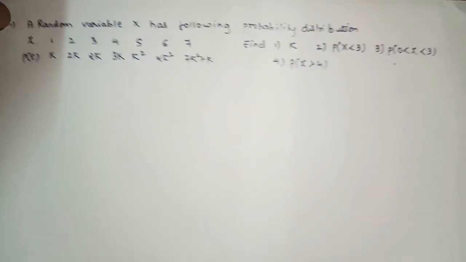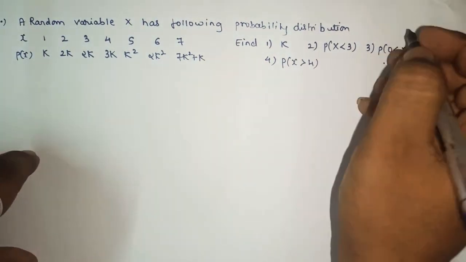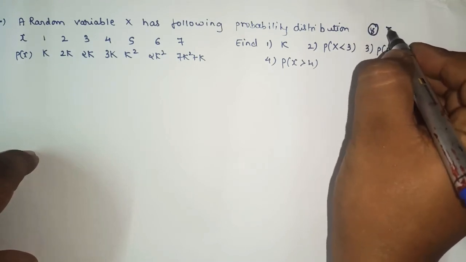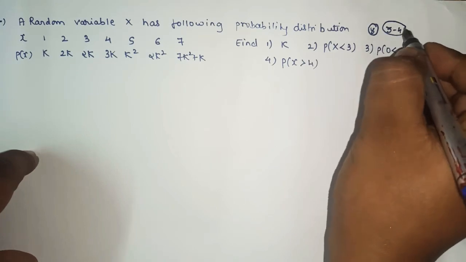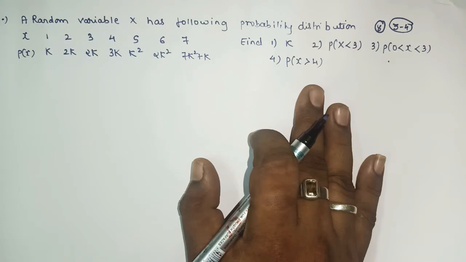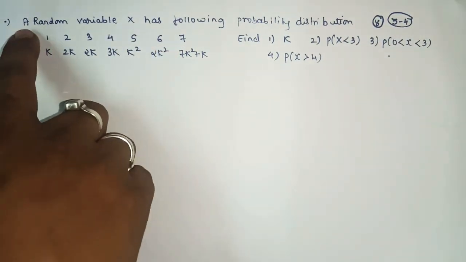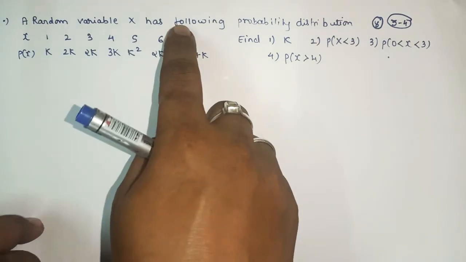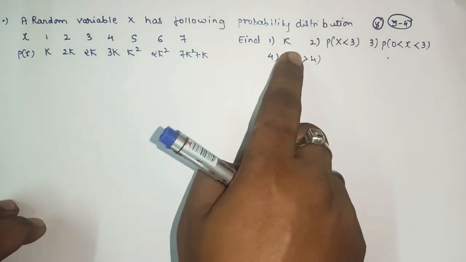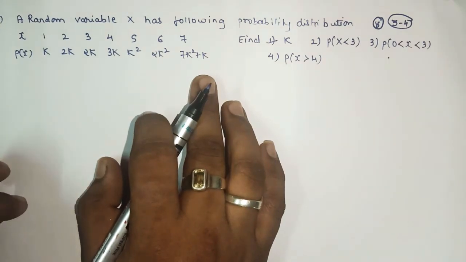So now we'll focus on this sum, as it is there in the exercise. It is question number 8, and it is a very important sum for 3 to 4 marks. Same to same sum, it is there in the exercise. So now we'll see what is given. In the question it is given that a random variable x has the following probability distribution. The first one is to find the value of k. Again same, in this question also we have to find the value of k.